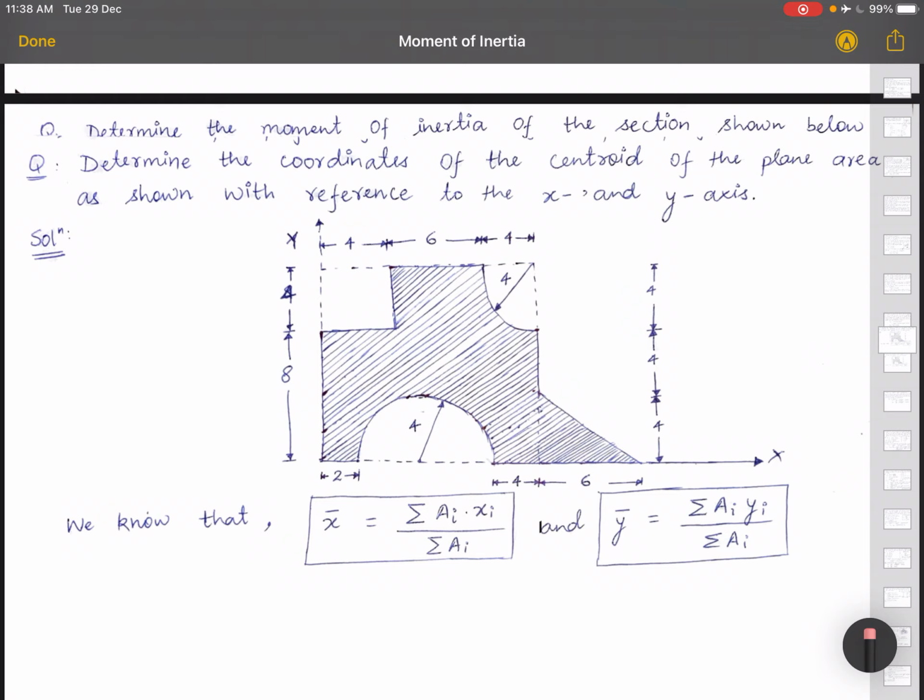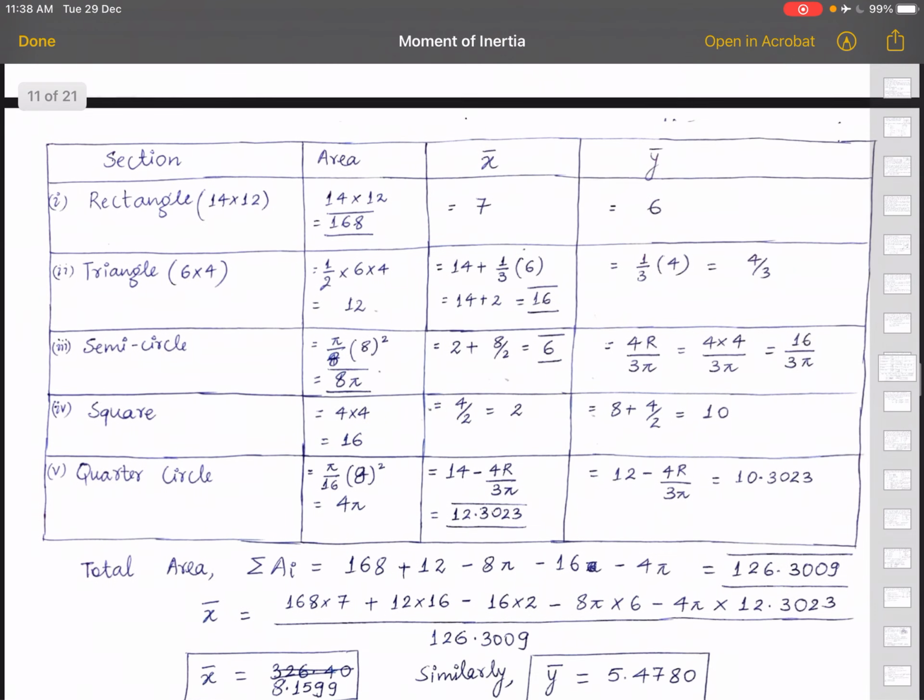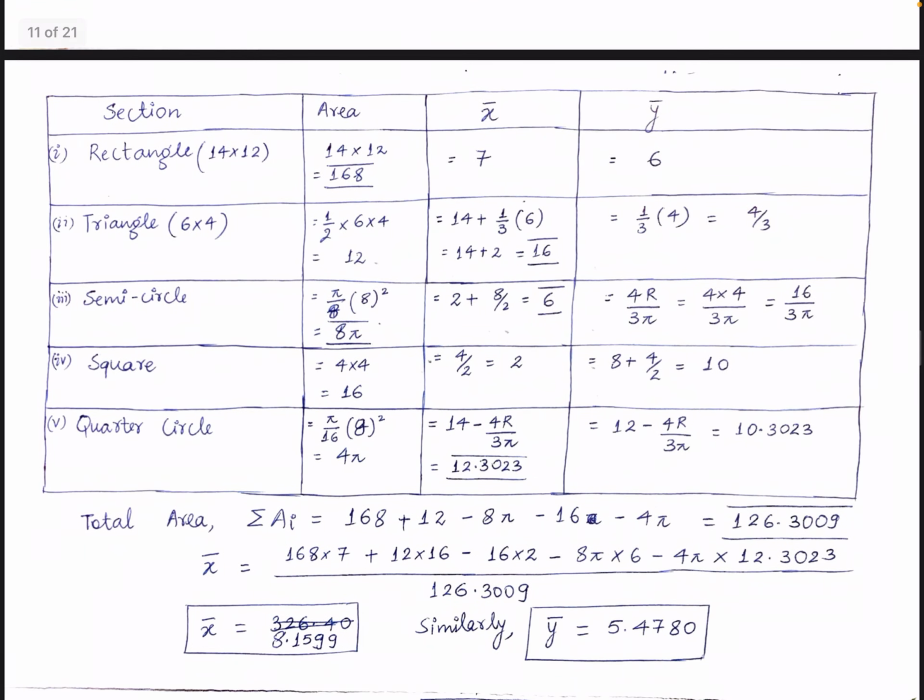So I will suggest you to please draw this diagram so that you can refer to it while I am solving this table. Always try to draw this kind of table in which you do all the calculation, and it will be very helpful, and it is very likely that you will not commit mistakes. Else, if you write for a particular section, chances are there that you will commit some kind of mistake. So please try to draw this table so that the space requirement will also be less and the chances of error are less.